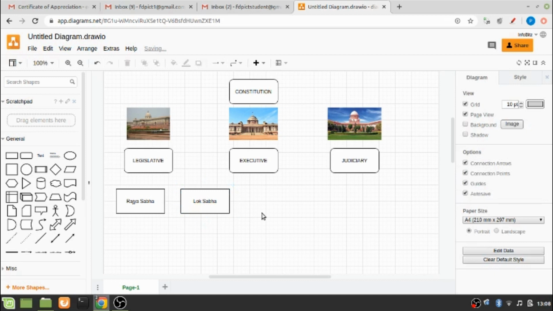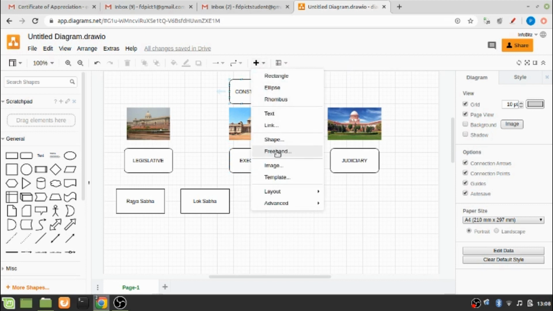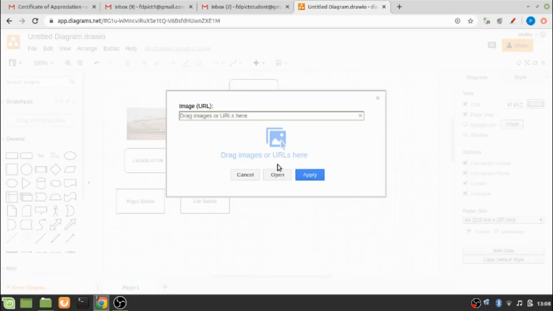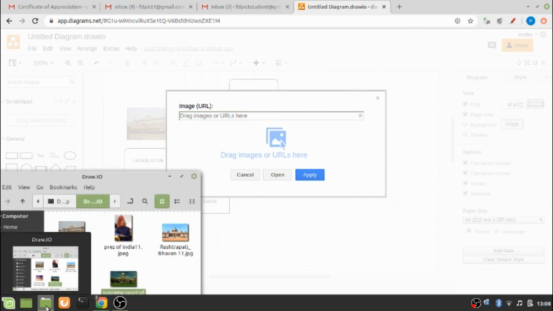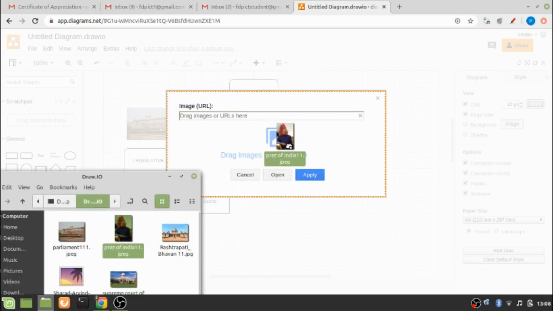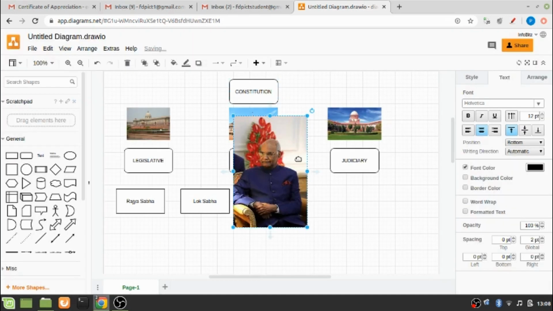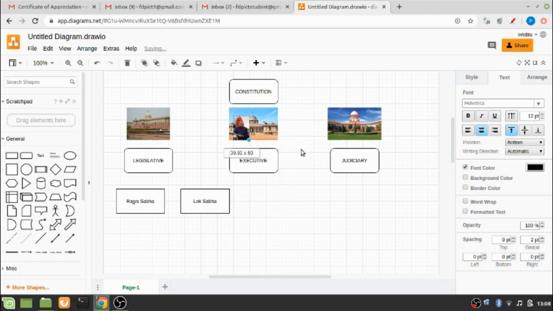Okay, and here again I can incorporate, if I wish to, the picture of our president to represent this segment of our constitution more elaborately, more beautifully. So I'll again go to the plus symbol, click on images, and if I have a picture of the President of India, it's there, and I can resize it.